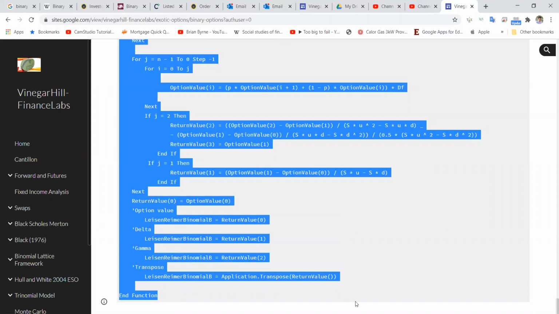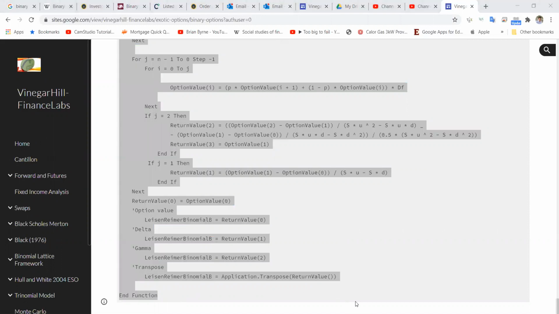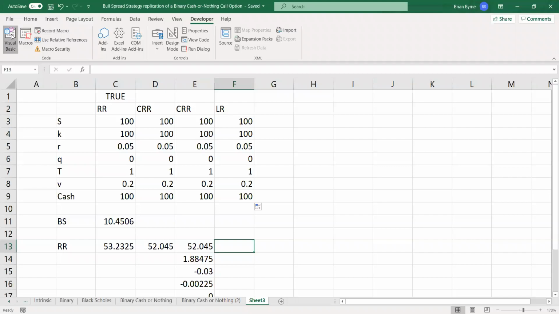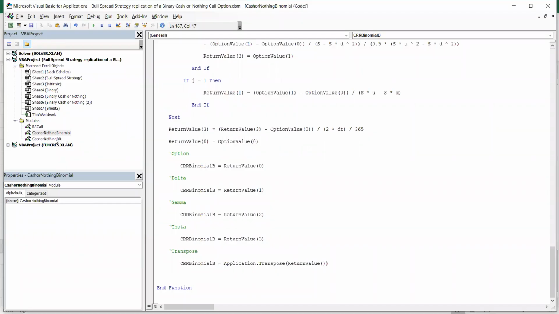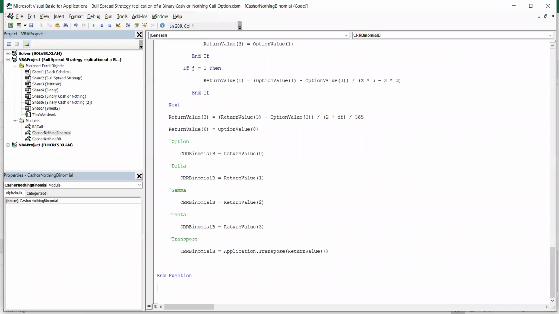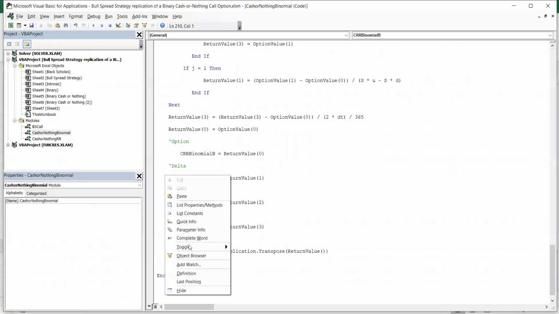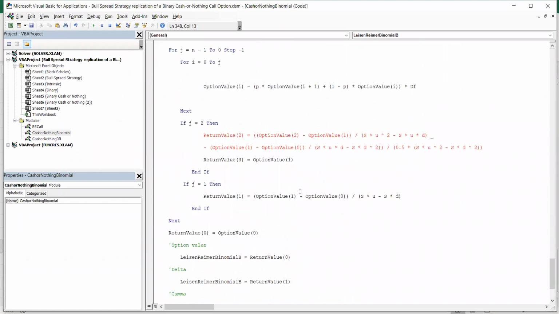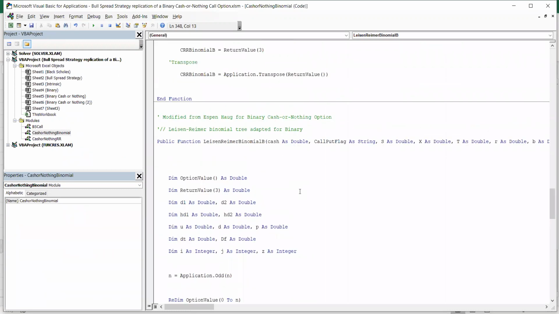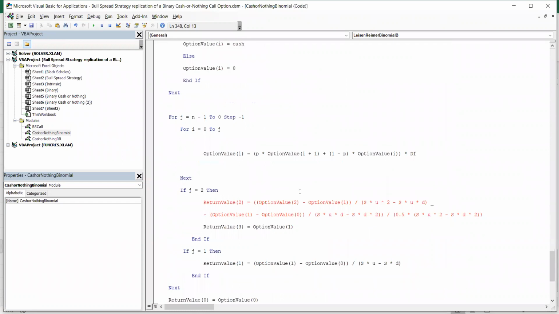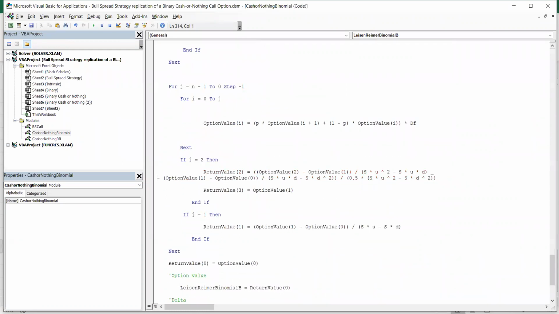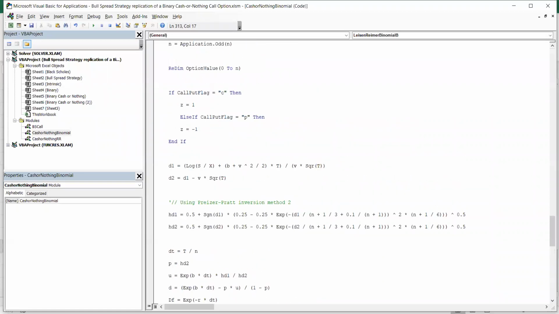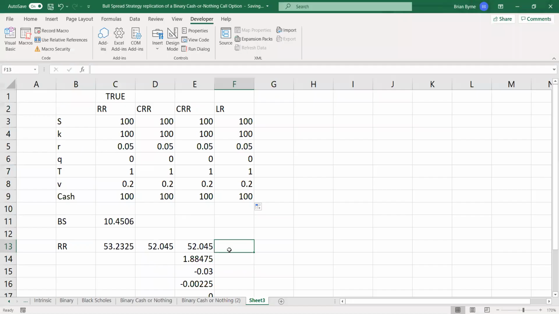And then we go back into Excel, and we go into the developer tab. Let's just come down here below Espen-Haug's code for Cox-Ross-Rubinstein, adapted for binary, which we've done here. That looks okay. We've an issue here. Let's just sort that out. It looks fine. And let's go back into our spreadsheet. So Leisen-Reimer, binomial B